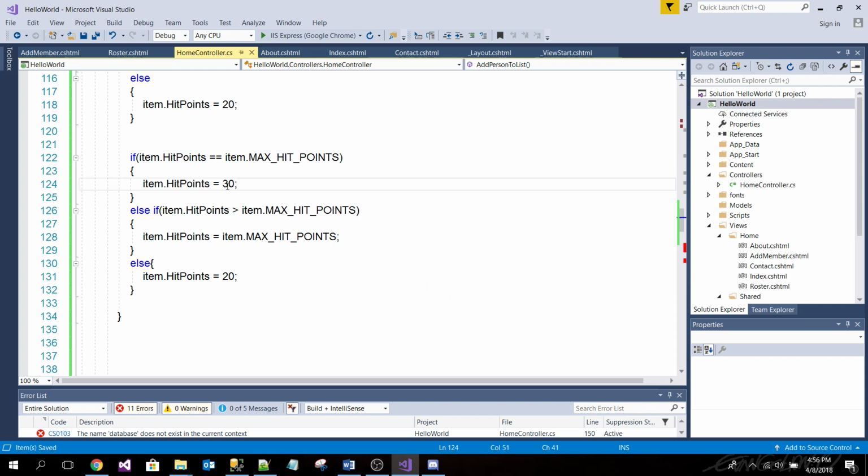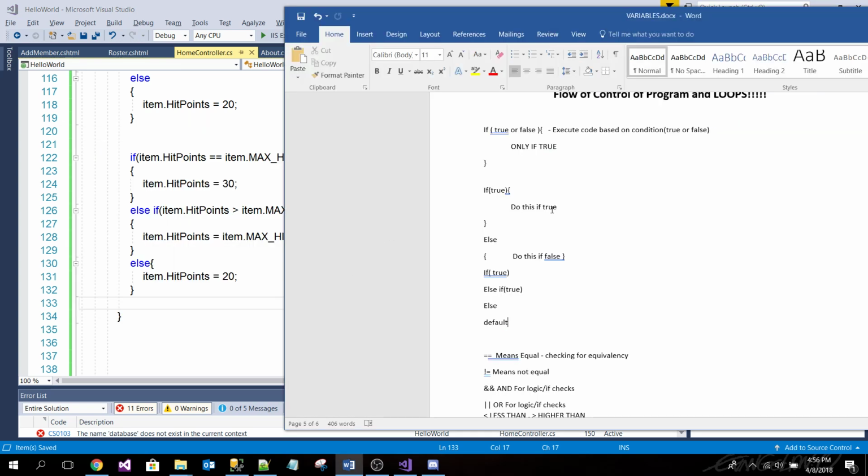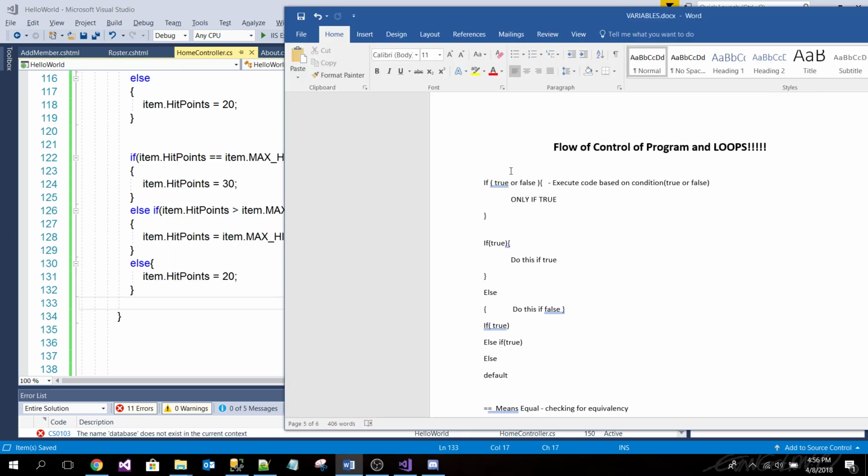Okay, boom. What happens after the first one? It ends. So the control goes from here all the way past these, because none of these are going to execute. That's very important for you to remember. Once any of these gets executed, you jump out. Does that make sense? Yes.